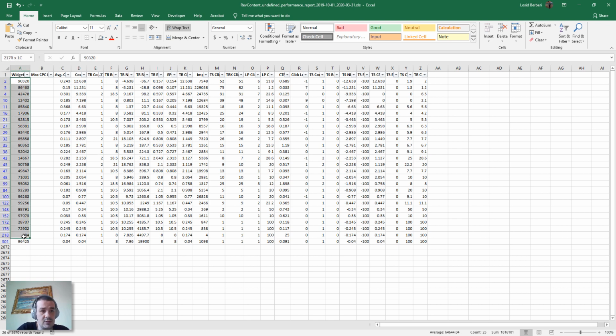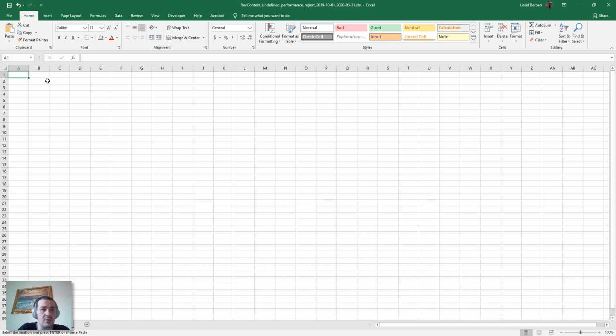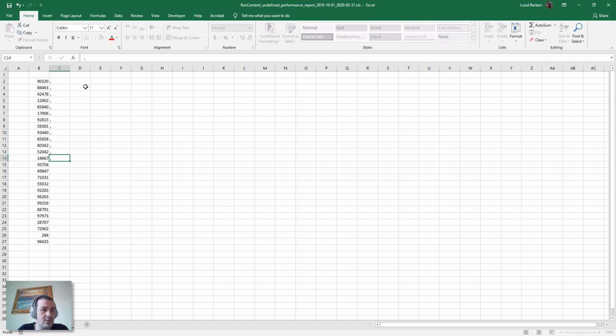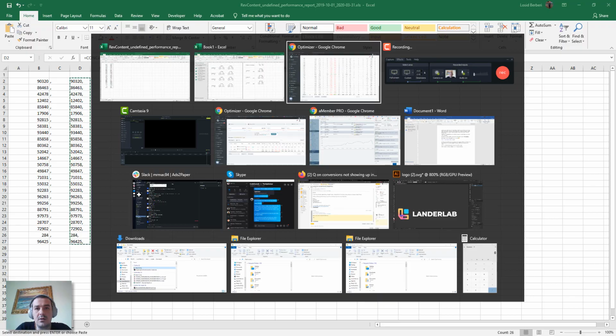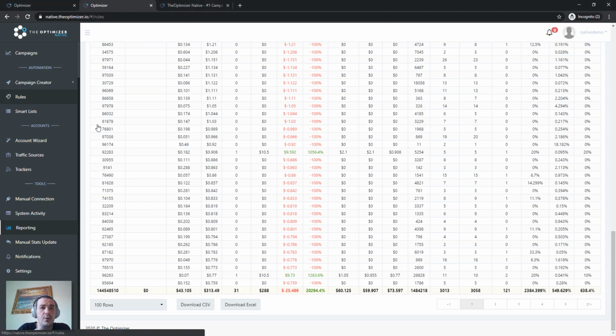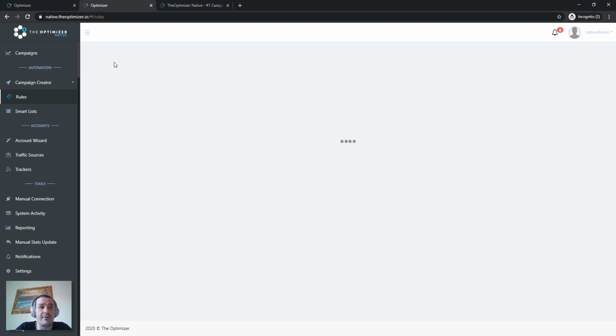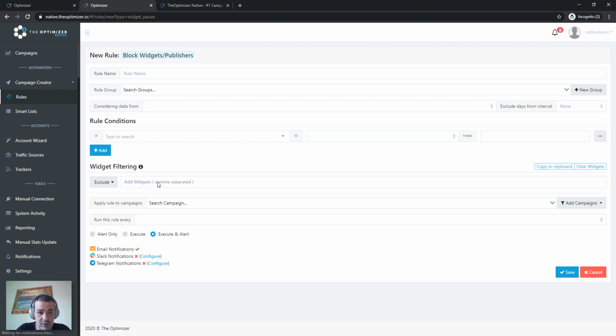What I want to do next is copy these, get a new blank sheet, add the commas like this, and now I will only need to concatenate this with this, and I have the list of publishers. I can easily go back and create a rule for blocking widgets for Rev Content, like block widgets besides these ones